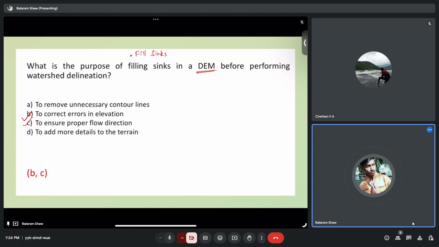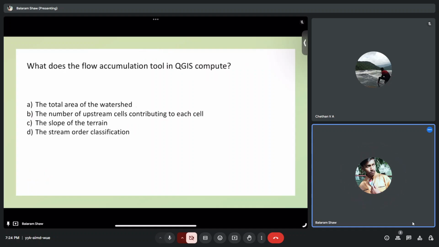Next question is, what does the flow accumulation tool in QGIS compute? So there is a tool called flow accumulation. Can you tell me what that tool is used for? So we use a flow accumulation tool to identify or to determine the number of upstream cells that are contributing